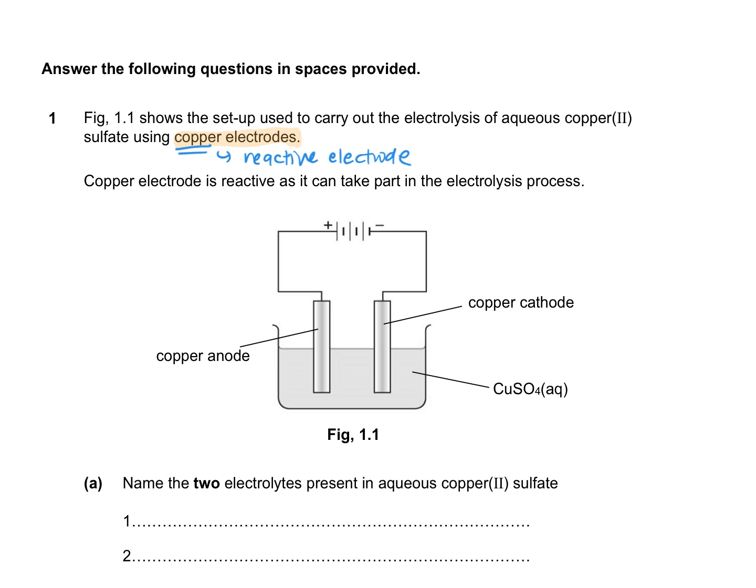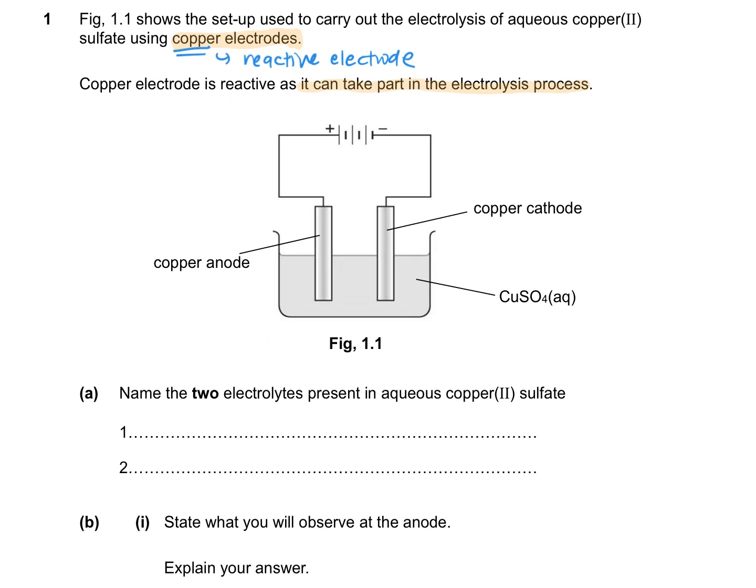Okay, so if you were to unpack the term reactive electrode, it means that the electrode itself will take part in the electrolysis process, meaning it will not stay as the electrode. Something will happen to the electrode. Okay, now the two electrolytes that are present,